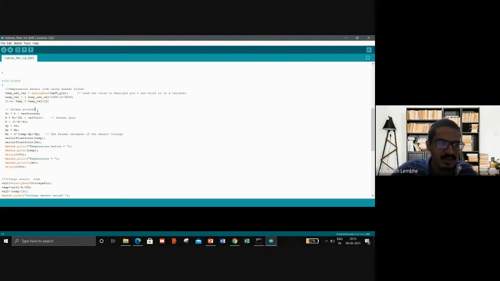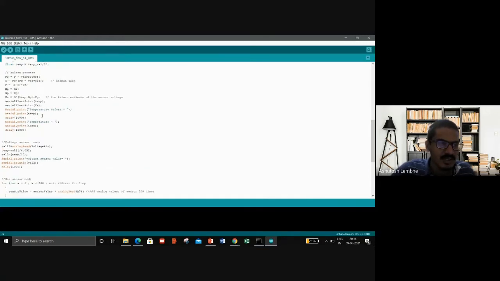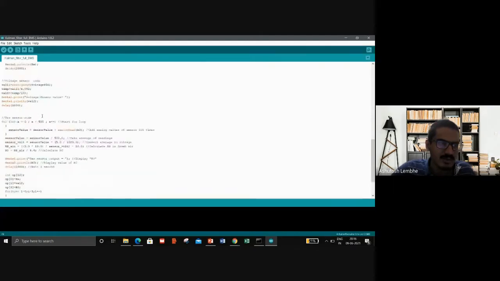Then we send this variable into the Kalman filter part where the Kalman gain is calculated, and using that Kalman gain and a previous estimate value which was set by us in the previous variables, we get a close estimate using this formula where the Kalman estimate of the sensor voltage is given. In the earlier reviews, we have shown how closely we have got the values for the Kalman filter for the temperature. Next, Dipru will again continue with the voltage calibration settings.